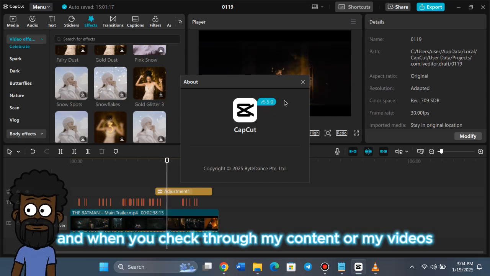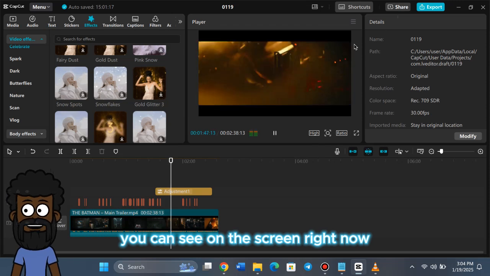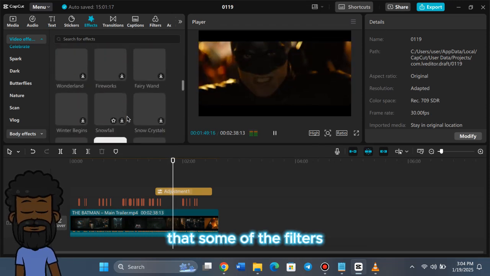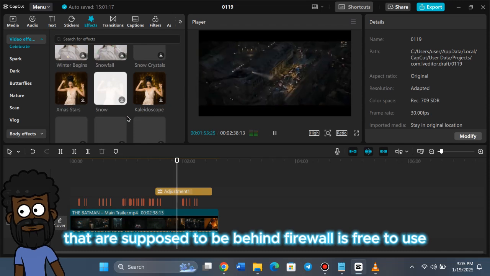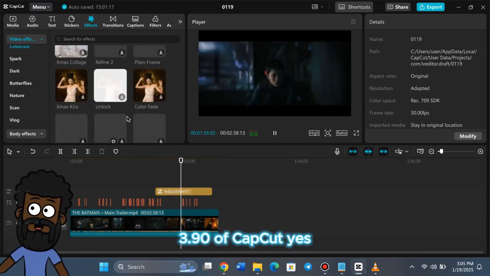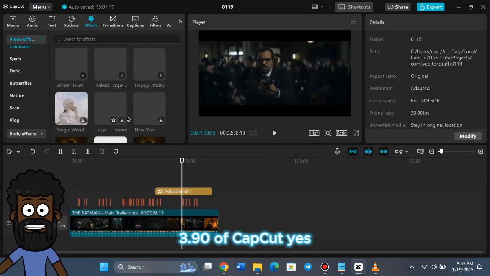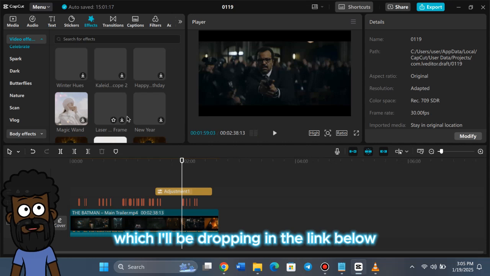And when you check through my content or my videos, you can see on the screen right now that some of the filters that are supposed to be behind a firewall are free to use, and that is because I'm using the version 3.90 of CapCut. Yes, 3.90 of CapCut, which I got from a site which I'll be dropping in the link